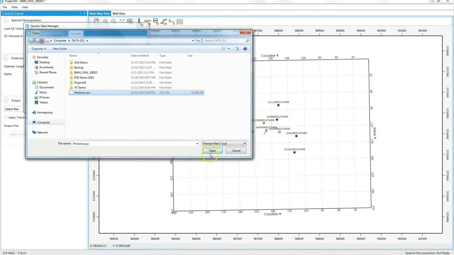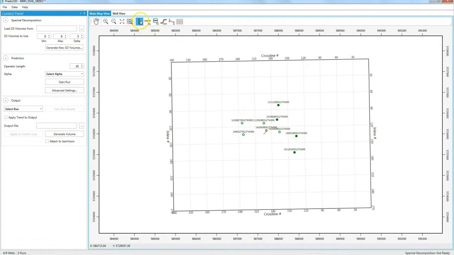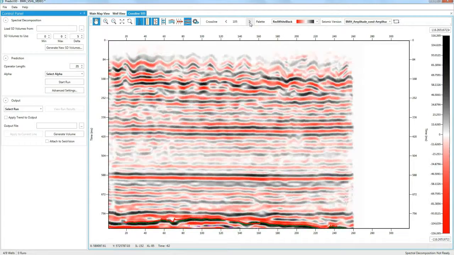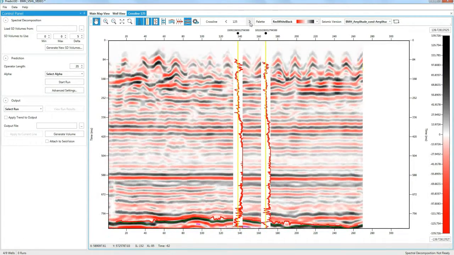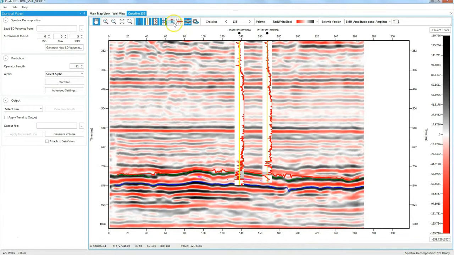Click on Add Horizon and choose the horizon file. These horizons will now show up on your seismic view. Choose an inline, crossline, or time slice from map view to open in Seismic View. You can navigate through your seismic, and when you get close enough to wells, they are displayed on top of your seismic. Here we can view the well bore, log curves, analysis windows, formation tops,